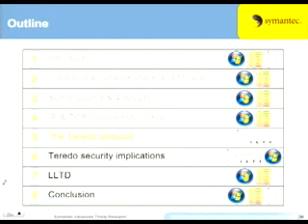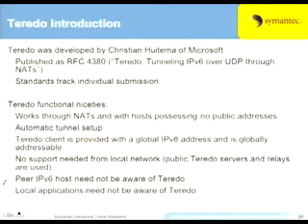Okay, now I'll go into Teredo. Just a background on how it works. Teredo was developed by Christian Huitema of Microsoft. It was commendably brought through the IETF. It was published as RFC 4380, which was a standards track individual